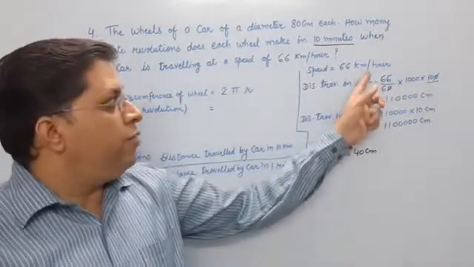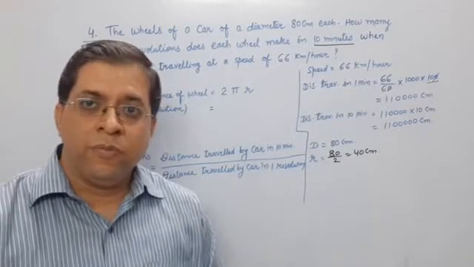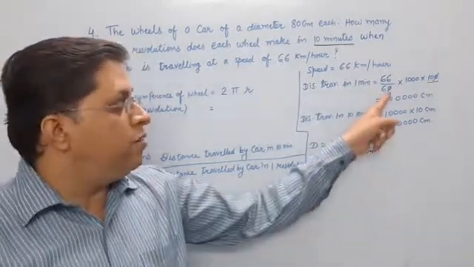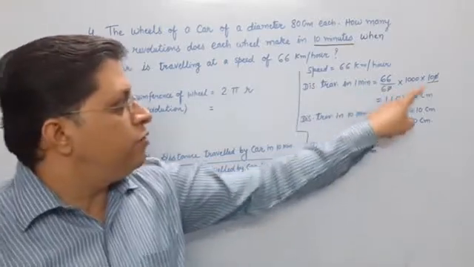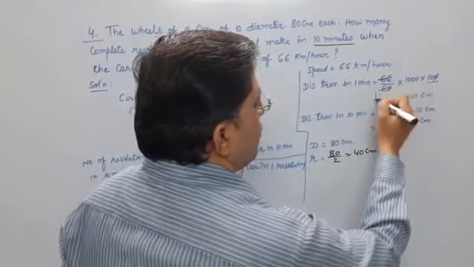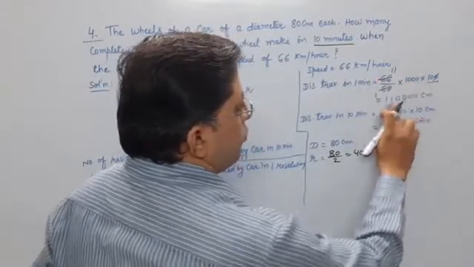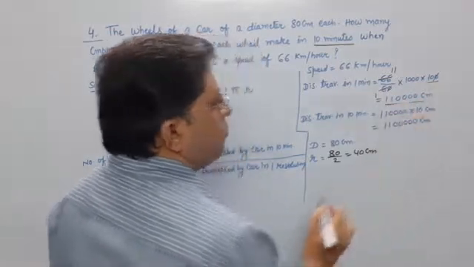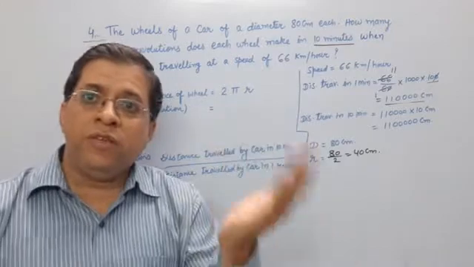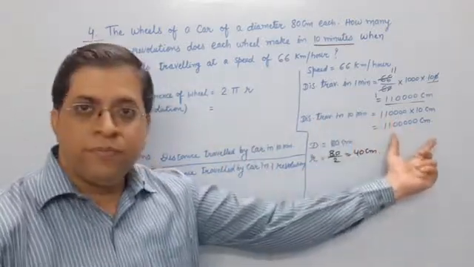Divide by the minutes: in 1 hour, how many minutes are there? In 1 hour, 60 minutes are there. So in division there is 60. You cut 10 to 10, and here 66, 6 1 6 1, and here 11, then 1 2 3 4 zeros. This is the distance traveled in 1 minute. Then the distance traveled in 10 minutes, you have to multiply by 10.